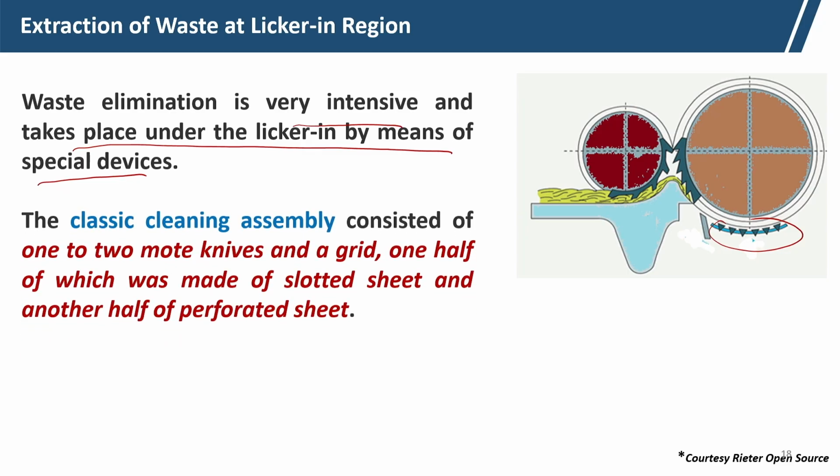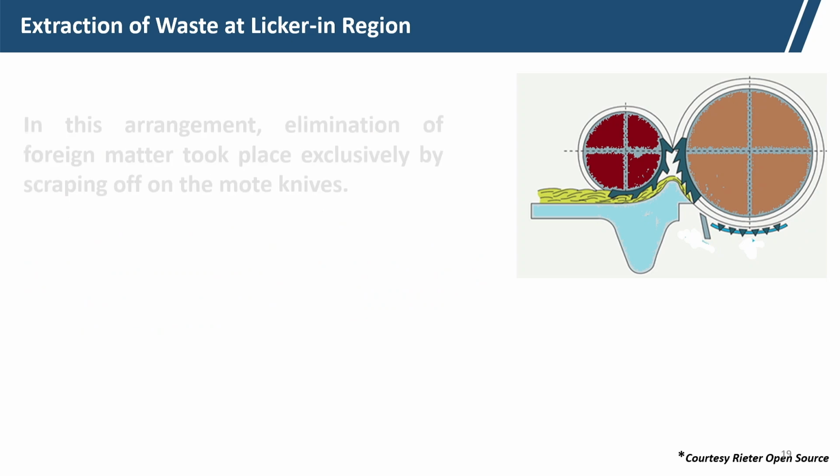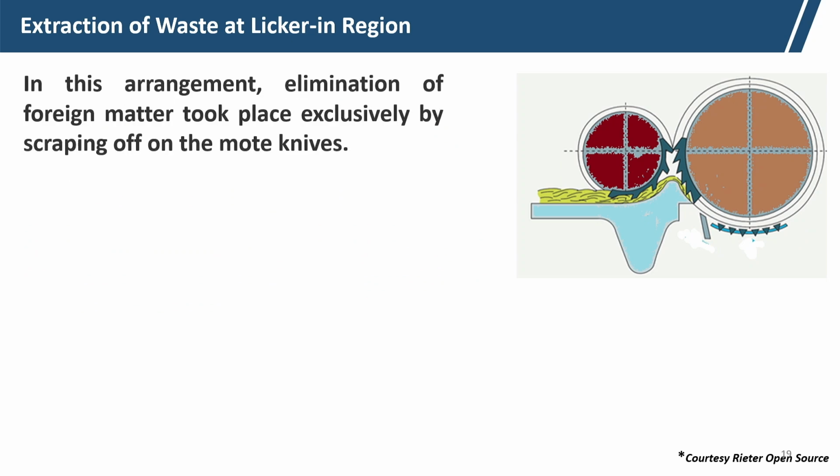In the classical assembly, they consisted of 1 or 2 mote knives and a grid, one half of which was made of slotted sheet and the other half of perforated sheet. So, these are the slotted sheet and perforated sheet in the classical system, and in this arrangement elimination of foreign matters took place